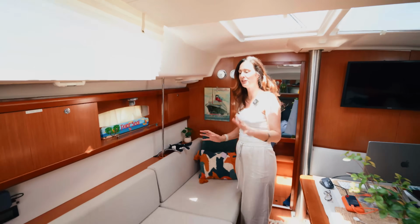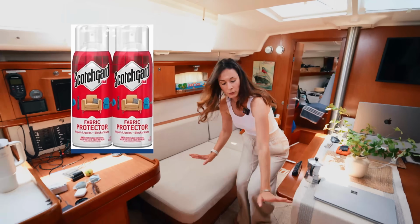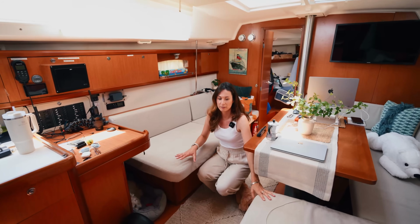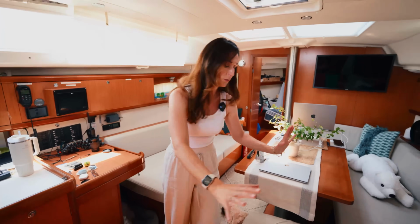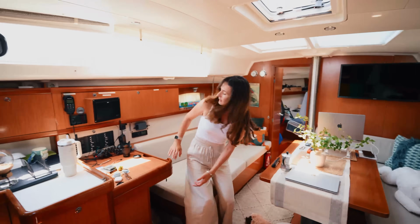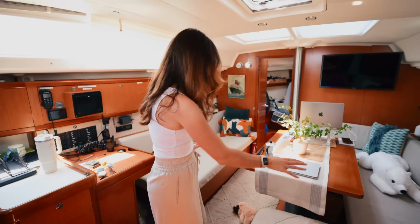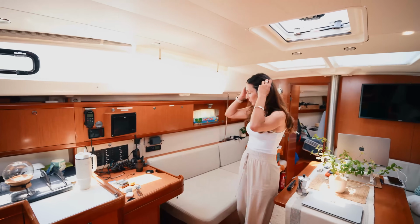One thing that I have done is to protect our upholstery with some Scotch-Brite. Those two cushions here are the ones that take the biggest beating, because when you come in from the companionway, this is where you're gonna put stuff. When you sit here, you're gonna put your feet here and vice versa. And so usually those two cushions are the ones that are the dirtiest. And as you can see,